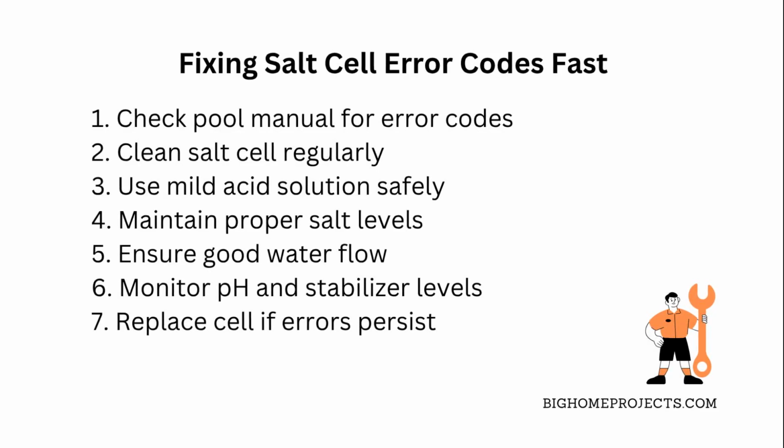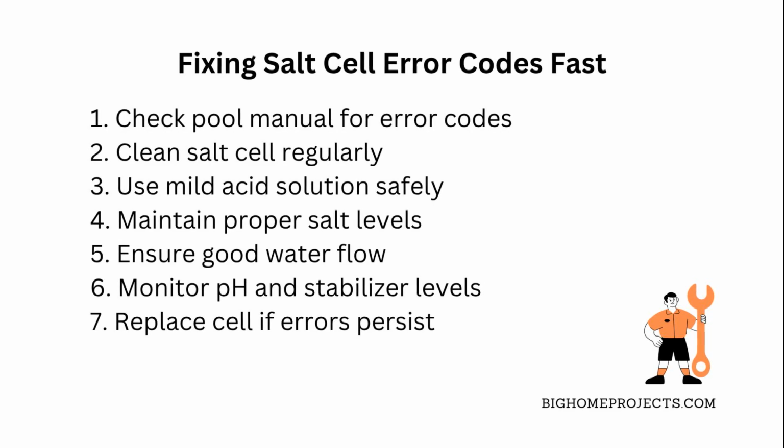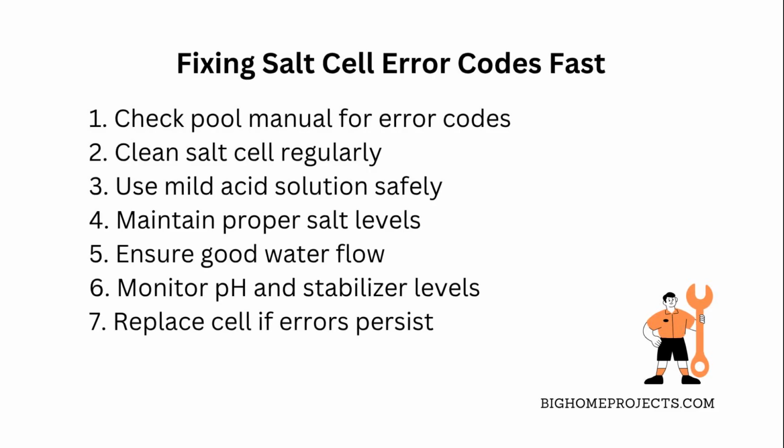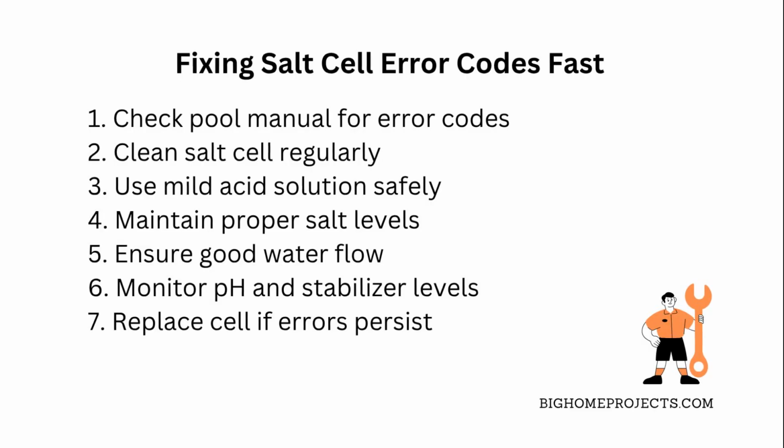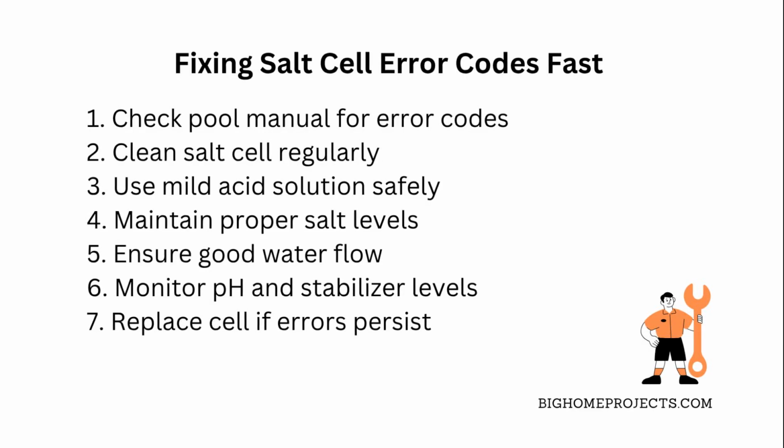Make sure your pool's salt level is right where it's supposed to be. Too low or too high can throw off the cell's performance. Also, check your pool's water flow, because if the pump isn't running right or there's a clog, the salt cell might show errors. Keep an eye on your pool's pH and stabilizer levels too, since they affect how well the